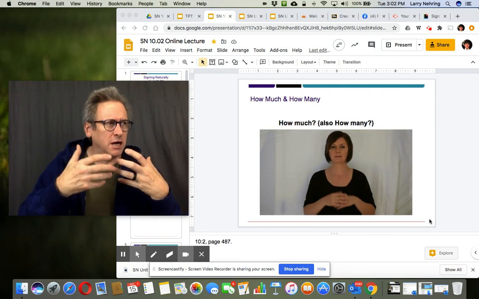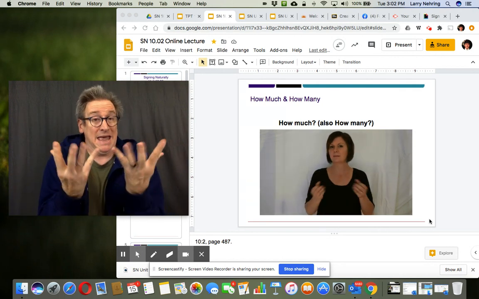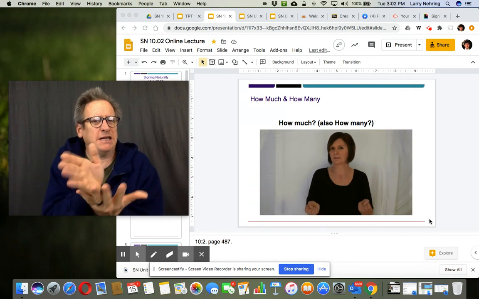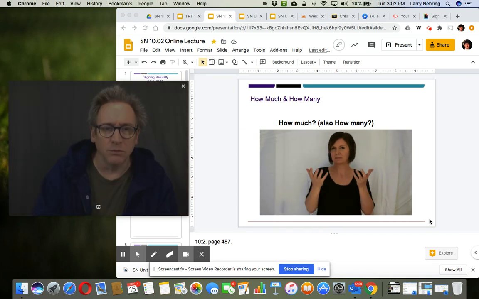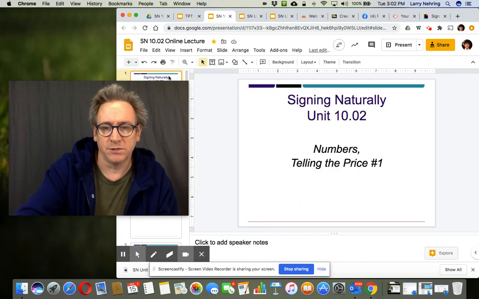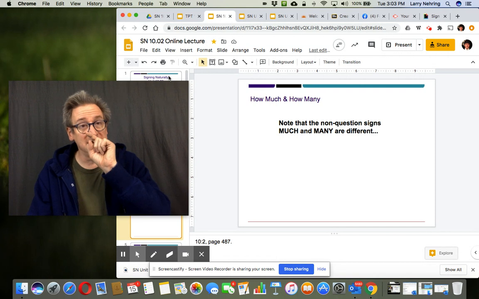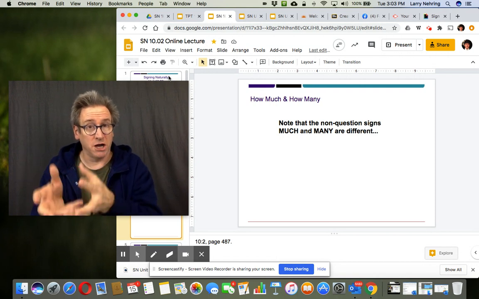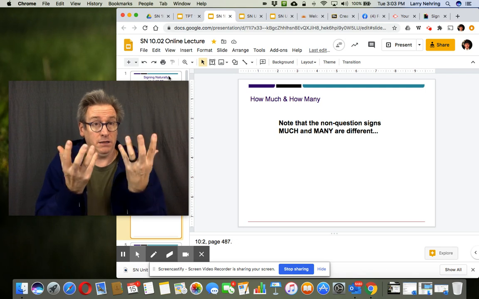In terms of asking for how much money something costs, or how much does it cost, it's how many, right? Because we're counting dollars, we're counting cents. The difference with that is, I'm sorry, let me get to the right slide, is that the nouns, or the word much and many, as opposed to how much and how many, are how many